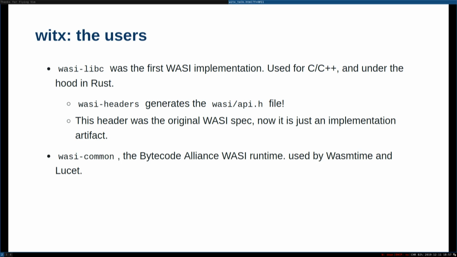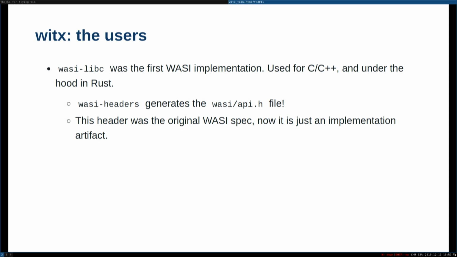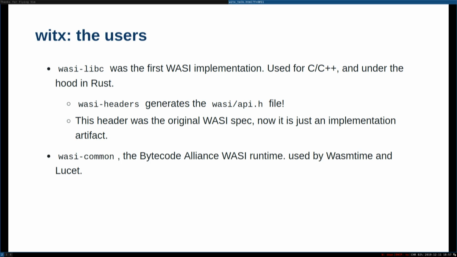It's what you compile a C program with in order to target the WASI APIs versus your regular libc would target your operating system. WASI Common is a runtime for WASI. So this is an implementation that takes that WASI set of API calls and it implements them in terms of Linux, some weird BSDs that have slight differences, and it does almost all of it on Windows. The great thing about WASI Common and the folks that are working on that and supporting it on Windows is that they're discovering ways in which our interfaces aren't actually quite portable. And so that's informing, of course, the spec to change to be, oh, let's actually get so we're portable to Windows.